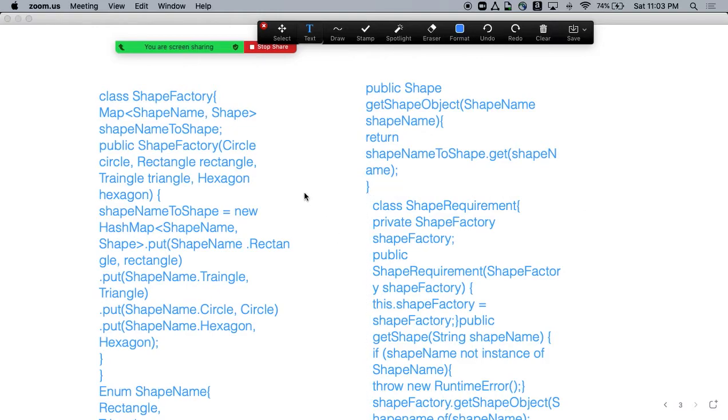Cool. So this is what we're doing. What we have done is taken something called step factory, okay? And now what this step factory will do, rather than actually getting all the objects at runtime, is create a map of identifier to step, right? And for identifying the step, we have taken an enum called step name. The enum has all the step names that are required, right? You know the enum, right?